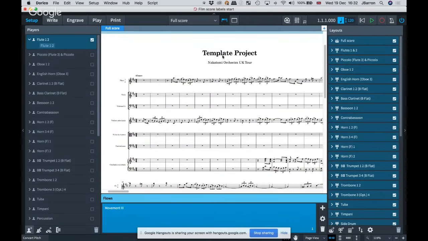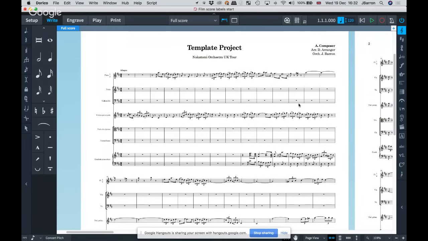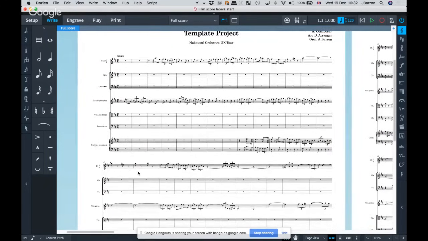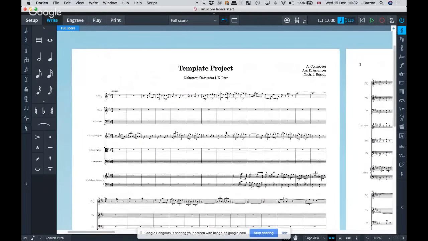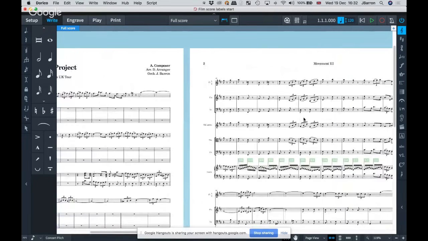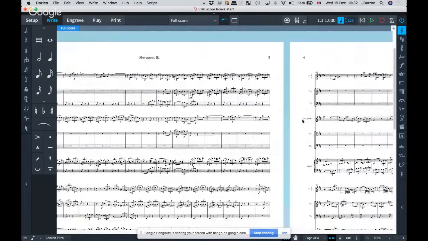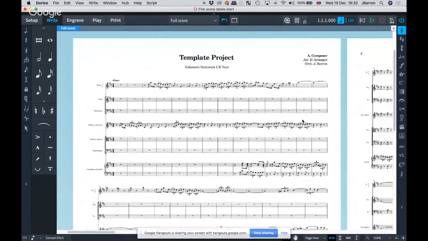I've still got my project title and my subtitle and everything else, but I've imported the music in that I was using now. And this one is also using a shorter score version at the moment, so I've got multiple systems on this page. But you can see now you've set up the template and some of the labelings and things. Now, yes, you may find that if it doesn't match, you may need to copy some of the notes and things over. So, for example, if you had individual horn parts, it might not have matched them and those kind of things. But it's a good way to get you quite a long way there,